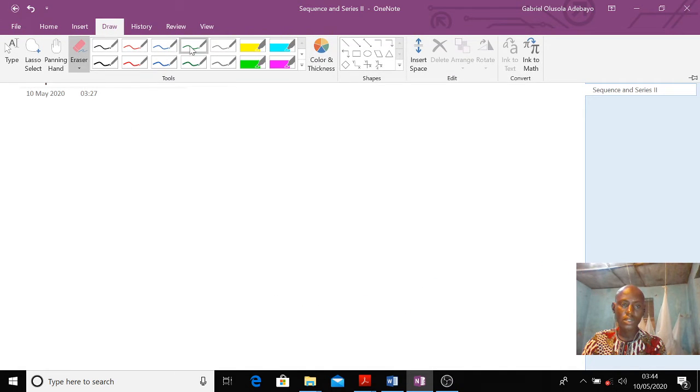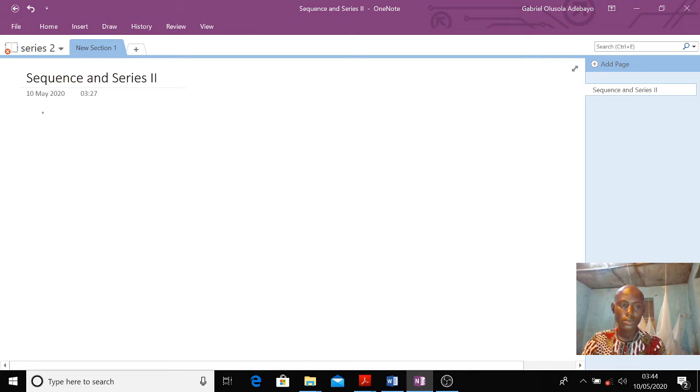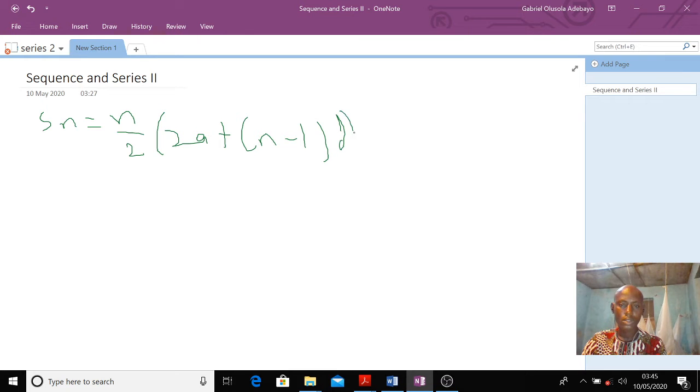So the formula we are using now, Sn equals n over 2 bracket 2a plus n minus 1 times d. Let us assume our n is 10. So a is 2 and our d is 2. So we are going to have 10